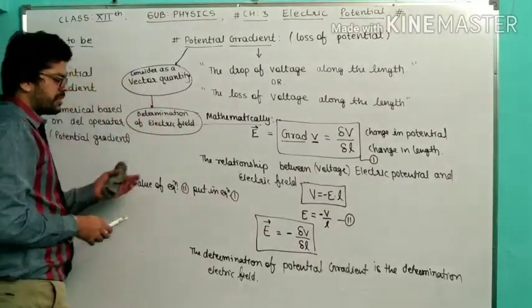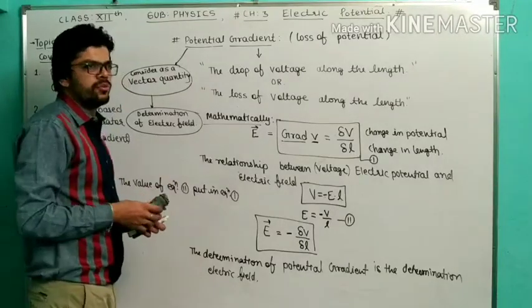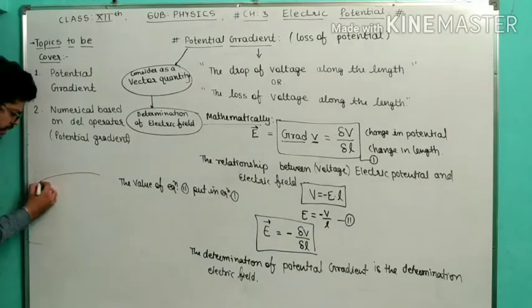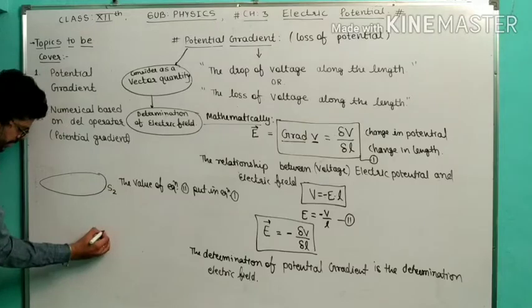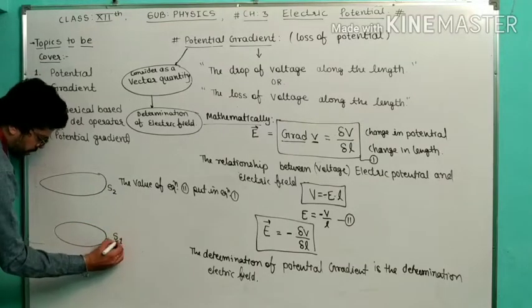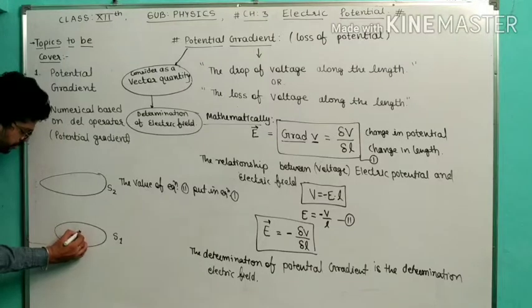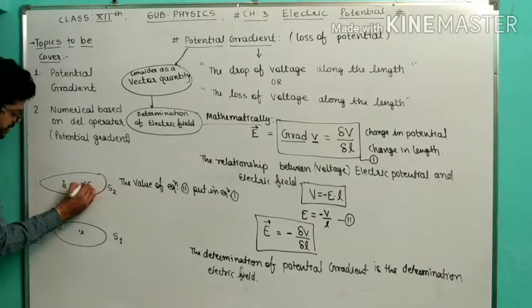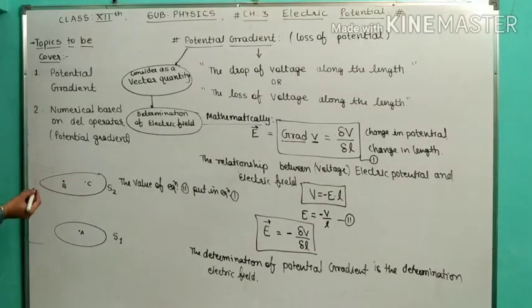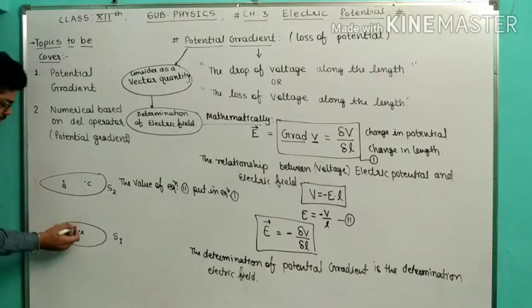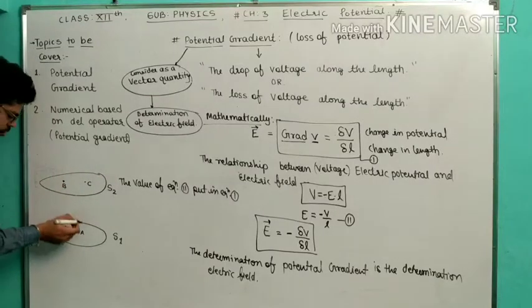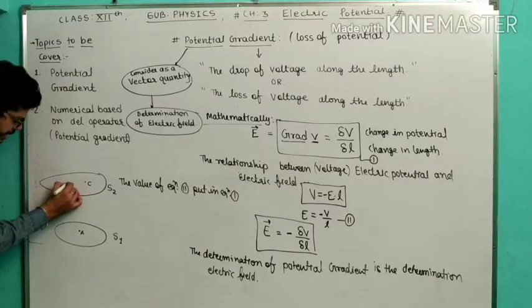Let's try to understand the things given here in pictorial view, by which the concept is clearer. This is surface number S2 and this is surface number S1. On surface S1, the point A is noted here. On surface S2, point B and point C are noted here. As we know from the start of the chapter, electric potential means bringing a charge from infinity to a definite position. So here we are going to consider the electric potential gradient.